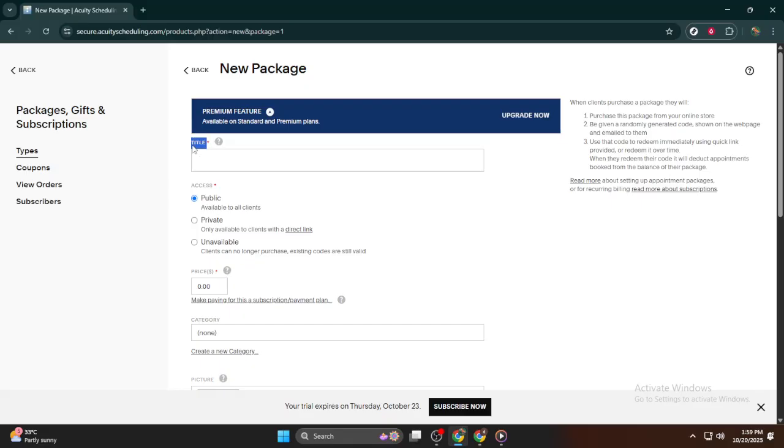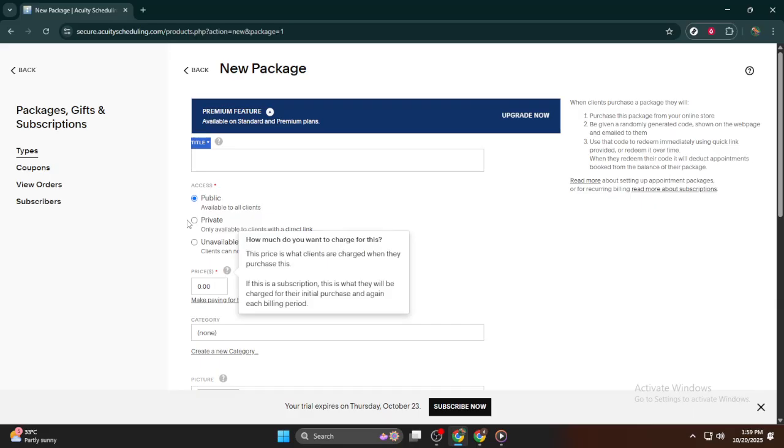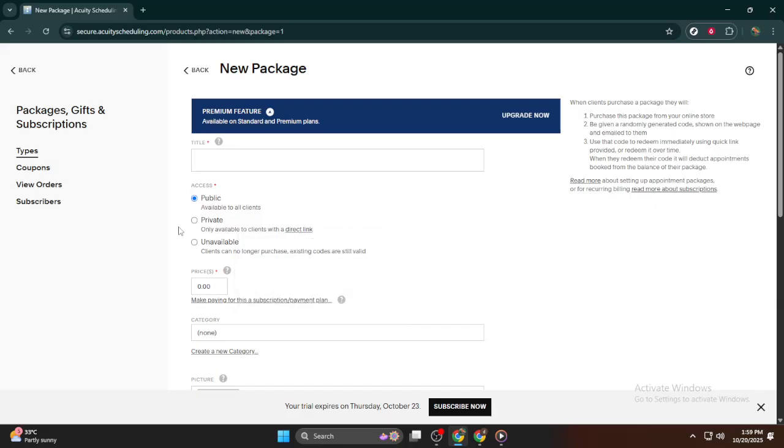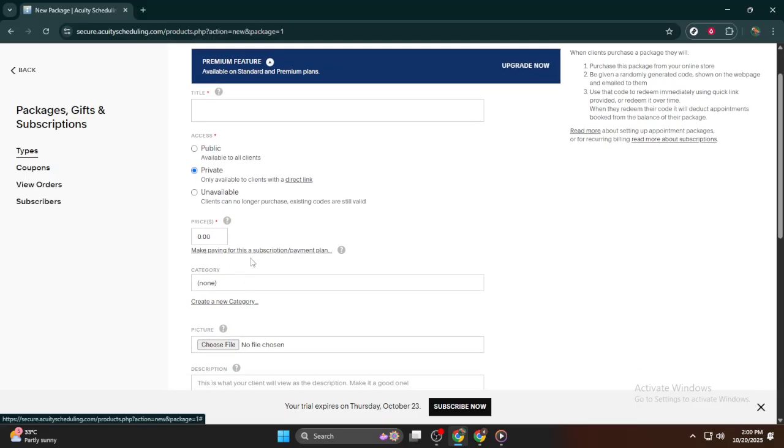Once your title is set, it's time to determine the package's accessibility. In the access settings, you'll see three options: public, private, and unavailable. Selecting public will make the package available to everyone who views your scheduler. If you opt for private, only those clients who have the direct link will see it, keeping it hidden from